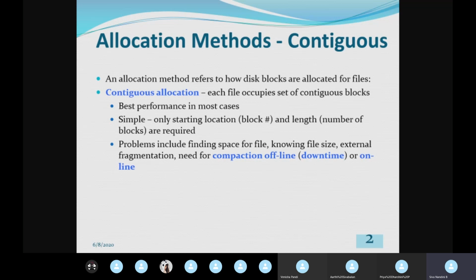That is known as online compaction. Offline compaction means we will stop the file allocation process and then perform compaction. Online compaction means the compaction is done simultaneously during the file allocation. Offline compaction means the file allocation will be stopped and then compaction performed.